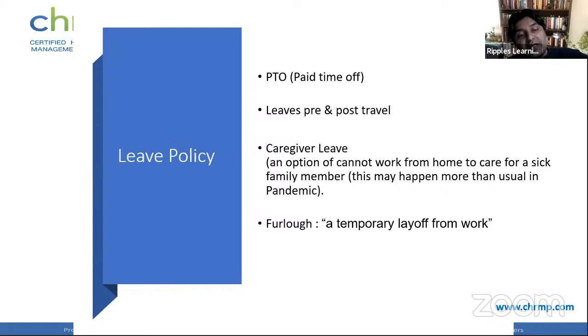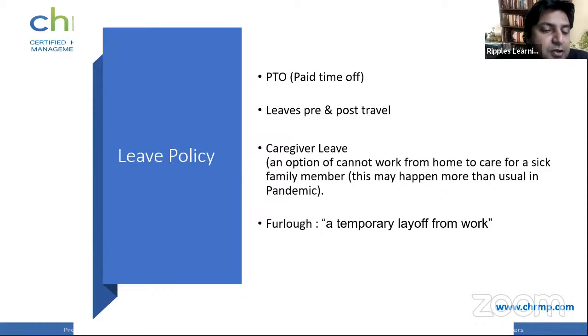Not only in terms of all that I discussed, which was generic, but even with every evolving scenario, pandemic is impacting a lot of things. But one very important thing that it's impacting is also leave policy, right? And then there is this whole word called furlough that has come in, right? Which is about laying off people temporarily out of work, right? Till you don't need them. And so basically they remain your employee, and you don't pay anything to them, and it is like an unpaid leave that is being given to them.